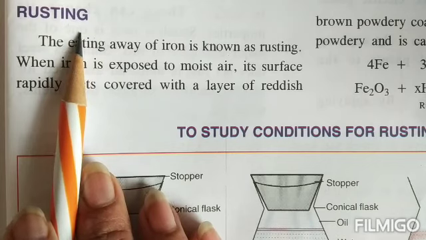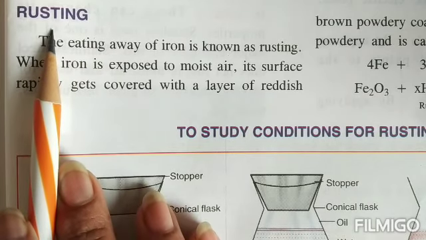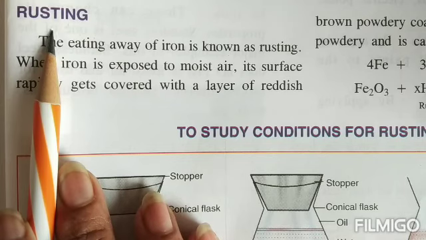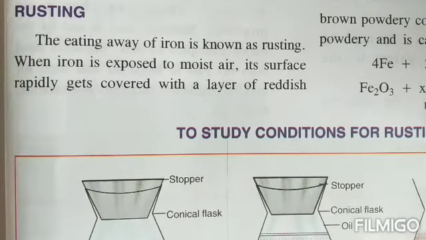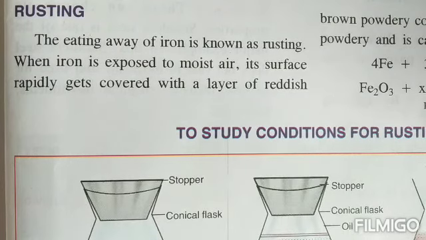Now rusting, before we get into the term, it is necessary for us to take some examples from our day-to-day life where we have actually seen rusting in our homes. You must have seen, children, these days we all use ACs, but there are certain people who are still using coolers in the summers. When a body of a cooler is brought from the market, it is first colored and then it is used.